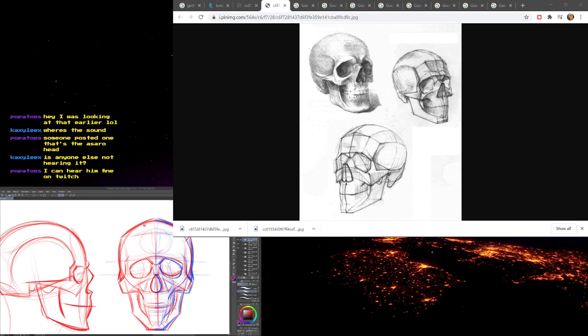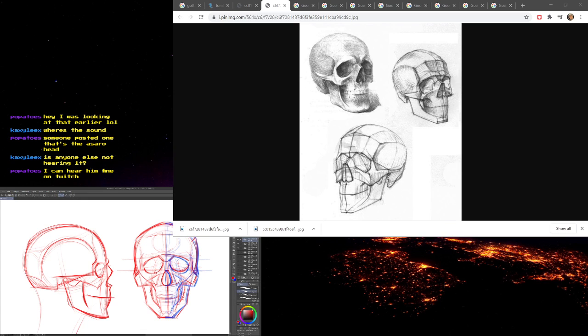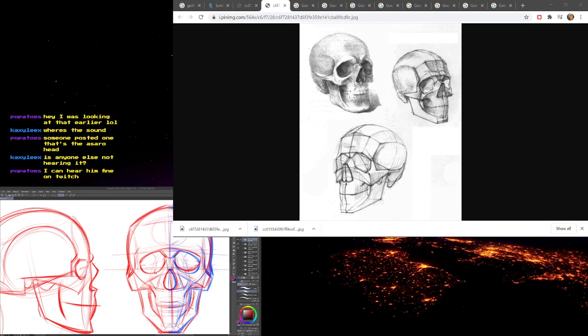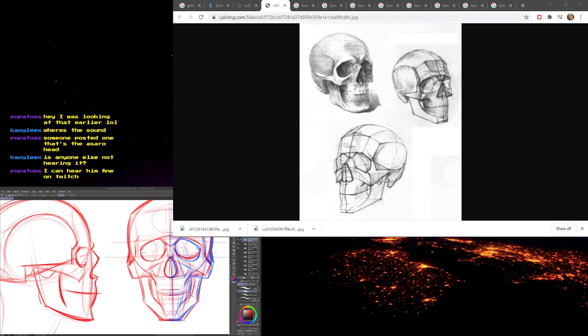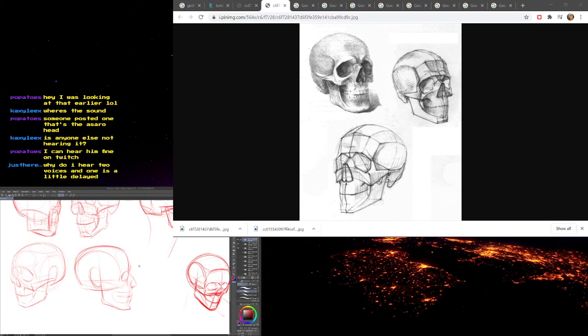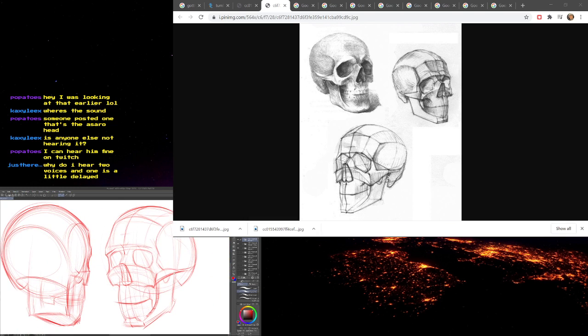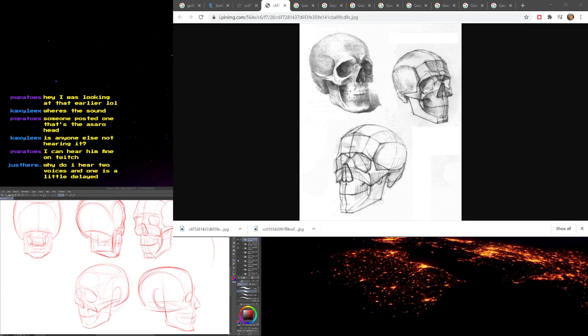You can see the circle here, and then I build off the angular bits here. The skull changes shape when you have the muscle and skin on it, and so the Loomis head is an easier way to simplify a head with flesh on it. I'll show you what I mean here